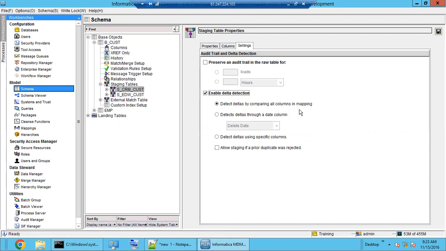Suppose we have the columns customer ID, customer name, customer address. If there is a change in all three columns, then delta will be identified. If only customer ID and customer name change, but the address is still the same, then it will understand the record is the same. It will not identify delta in this option. So if you want to configure that when customer ID and customer name change, the record should be treated as a new record and be part of the delta,